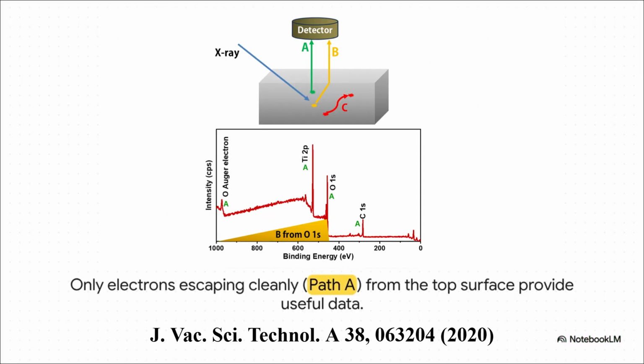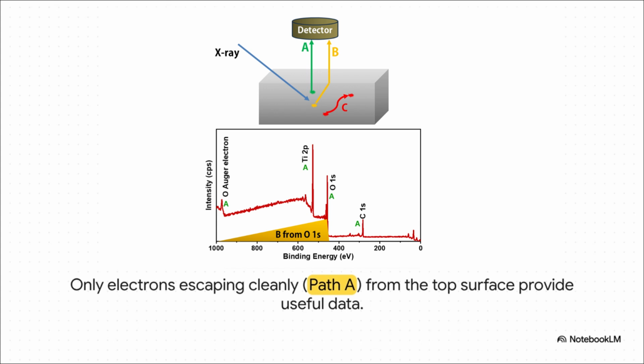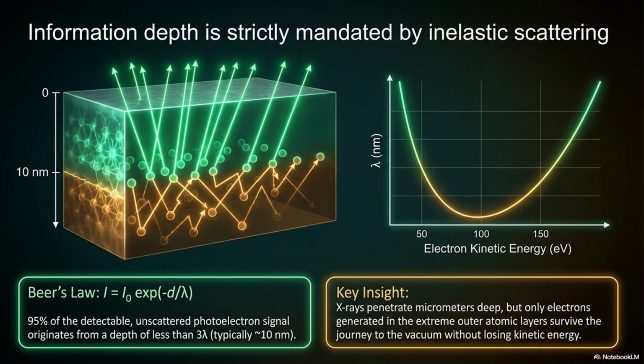So take a look at this diagram. An X-ray zips into the material and can knock out an electron from pretty deep inside. But look at that electron on path C. It's doomed. It's just going to bounce around and get absorbed before it ever sees daylight. Now, an electron from a little closer to the surface, on path B, it might just make it out, but it's going to lose some energy bumping into things on its way. It's only the electrons from the absolute tippy-top surface, on path A, that can escape cleanly with all their original